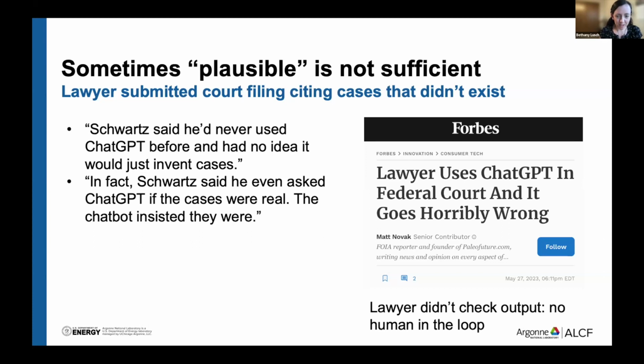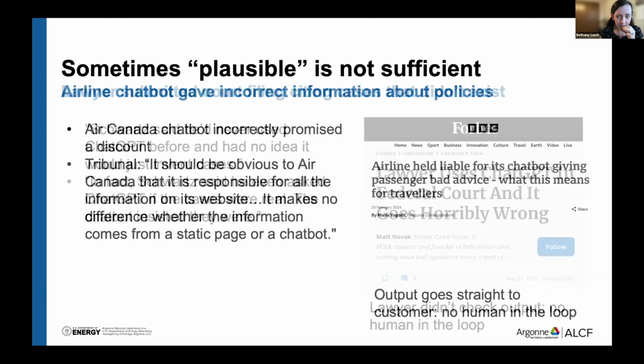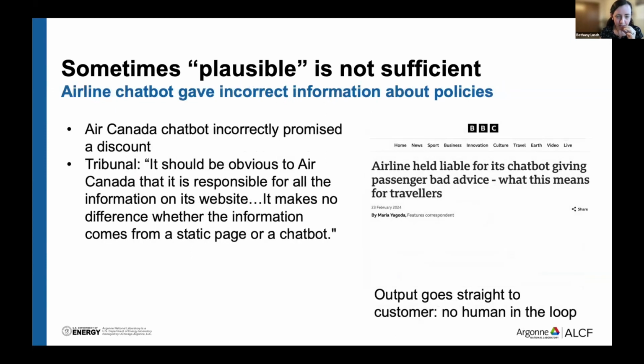And I thought this detail was funny. In fact, Shorts said he even asked ChatGPT if the cases were real. The chatbot insisted they were. I think most people now know that you need to check these things. But maybe we haven't fully processed that we need to check,